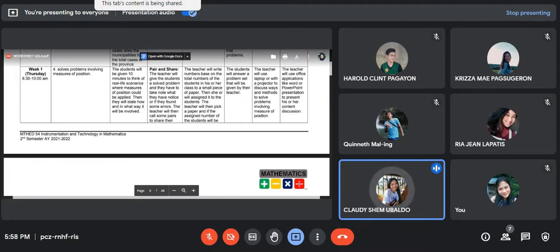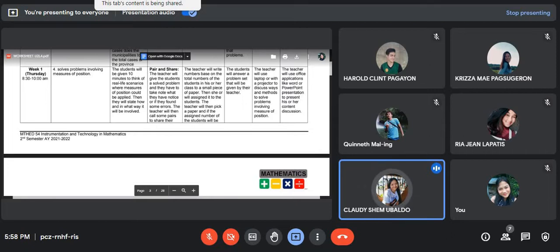In discussion, the pair and share strategy will be used, where the teacher will give the students problems to solve and they have to take note of what they have noticed if they found some errors. The teacher will then call some pairs to share their